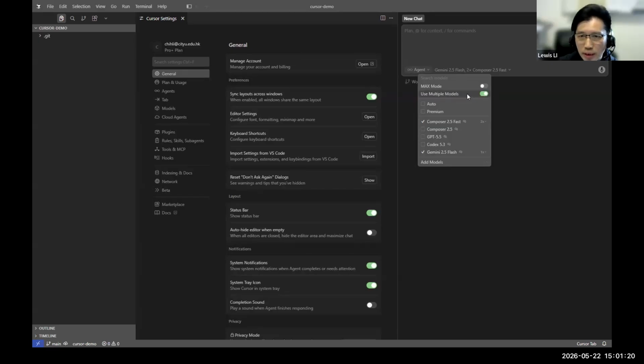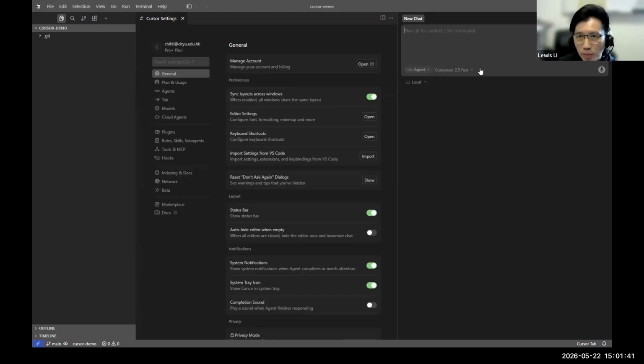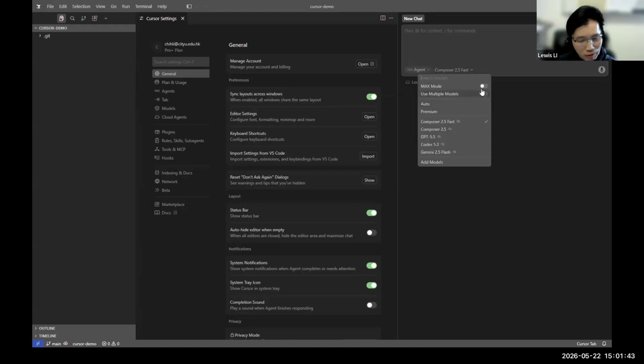So what this means is that you can use different models at the same time to create different tasks. Okay, so I will show you a demo later on. If you use the latest version, you won't be able to see this toggle menu here. You won't be able to select this use multiple model option in this chat box. Okay, so you will see what this is about later on.